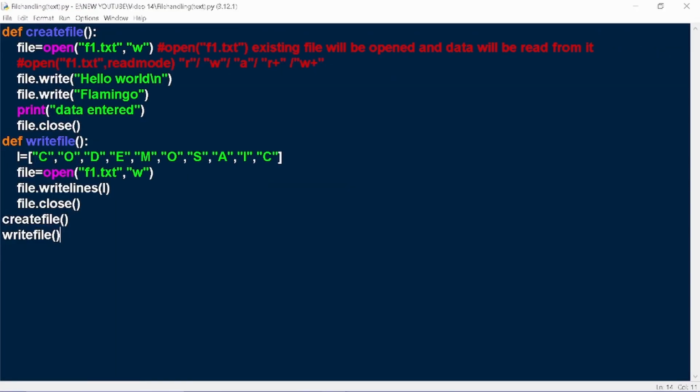for example, I want the existing data to remain and new data to be entered in the file. For that, we have to open that specific file in the append mode. Now if I run this code, in the first line, hello world will be entered, and in the second line, flamingo followed by CodeMosaic. CodeMosaic will not be entered in the next line because we are not using the \n over here. Alright, so if I run this,